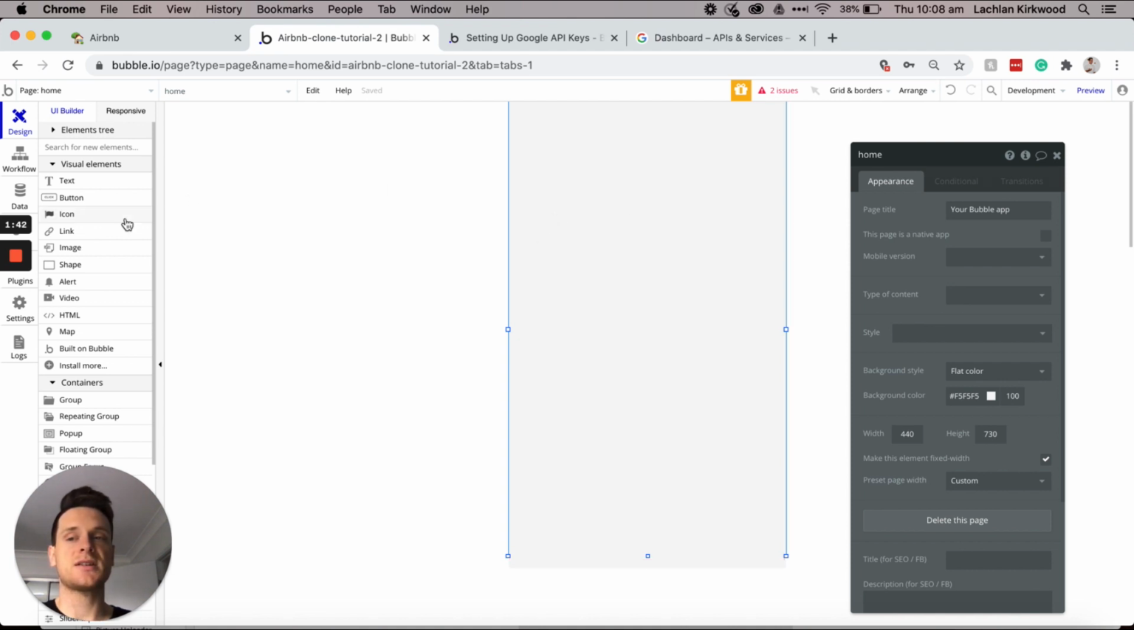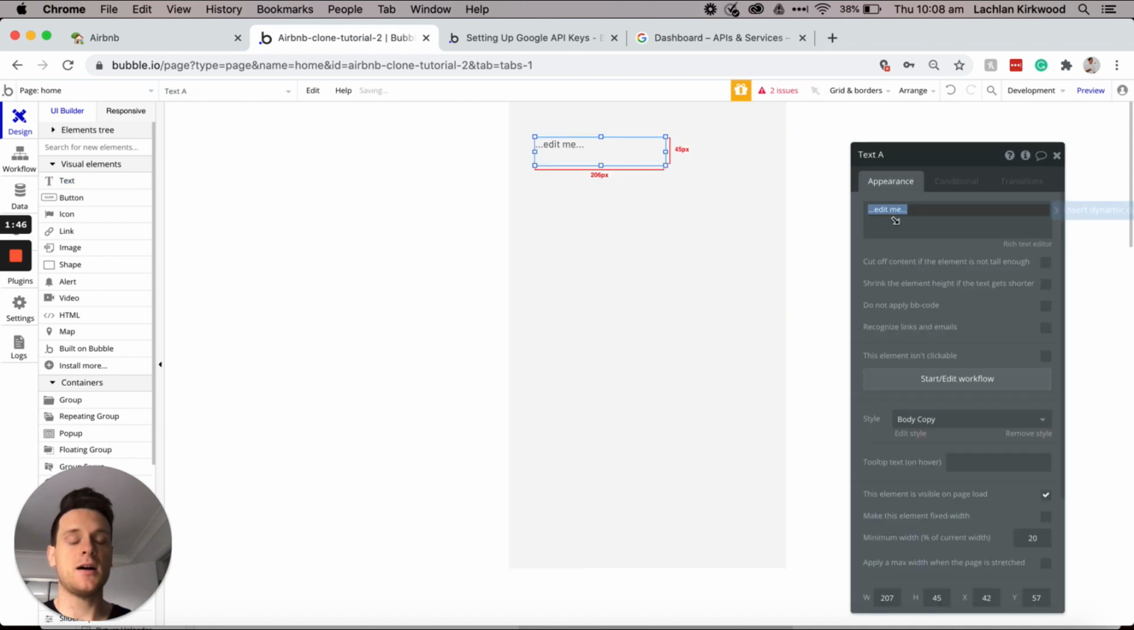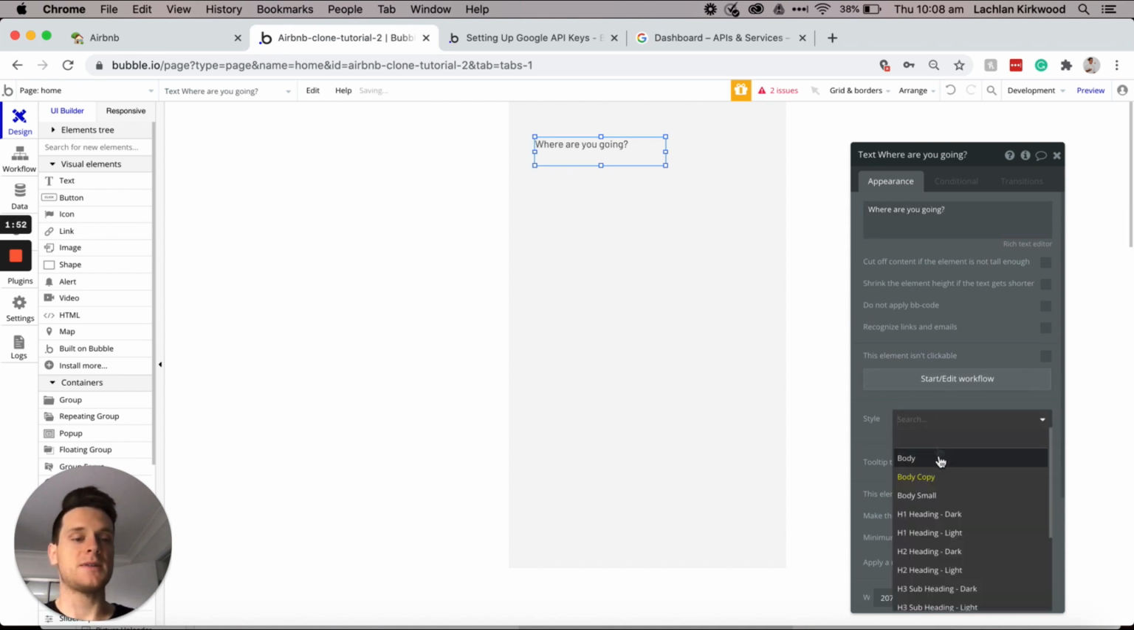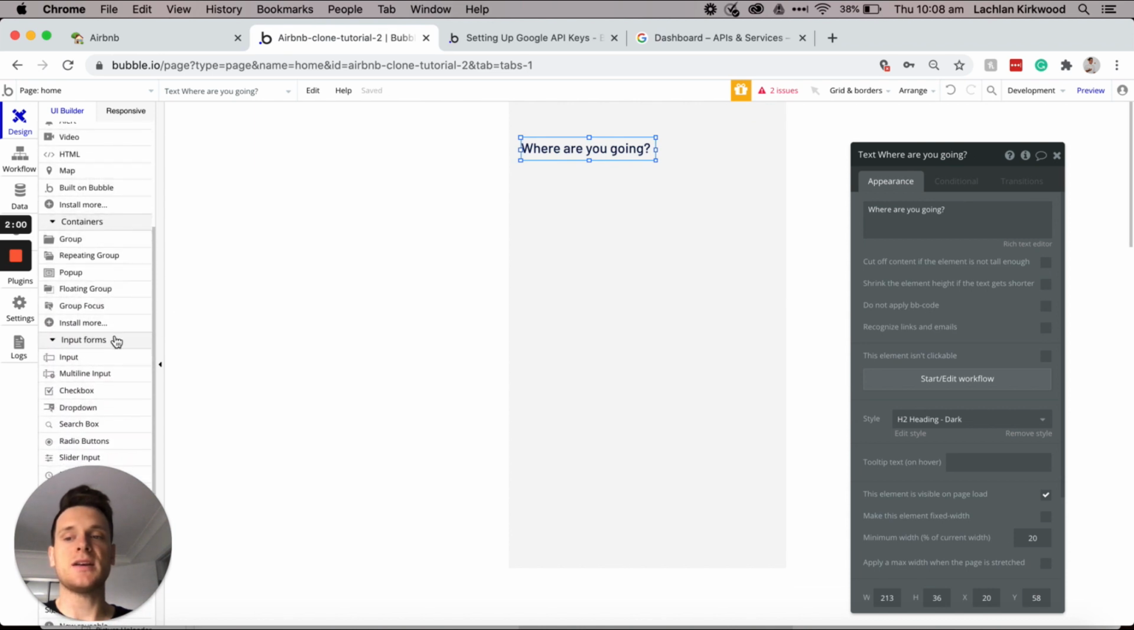And I'm just going to start by adding in a text element here. And this will say, where are you going? I will update this to be a H2 just so it's a little bit bigger. And I'll move that over to the side. And then below this, I want to add in an input element that